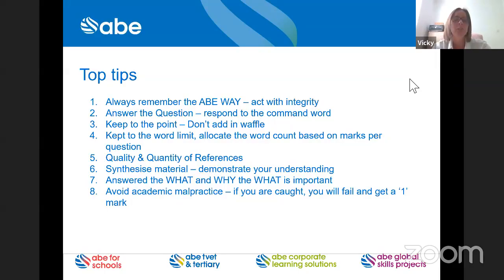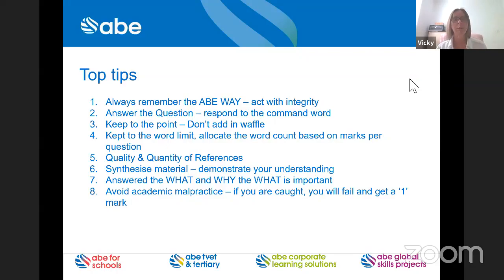Answering the questions and responding to command words is one of the key things we've said during this session. A question came in on Facebook asking, shouldn't we just give a definition of a theory as a pre-run to answering a question? My answer would be, unless you've been asked to explain or describe a particular theory, look at the command word of how it's asking you to respond. If you're asked to refer to, say, Porter's 5 forces in an answer,